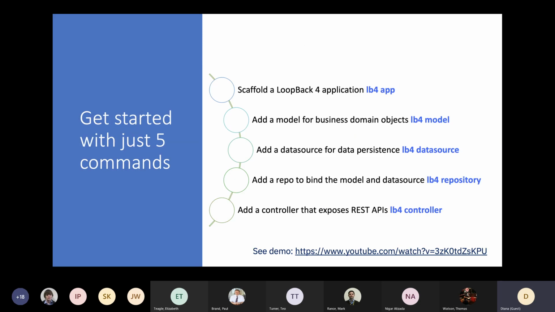If you want to get started today, I would suggest you go to this demo that walks you through step by step. With 5 commands, you'll be able to have a very simple application up and running. Basically, you scaffold the application, which provides all the project structure. Then you create your model, which is your business domain objects, which usually maps to your database, and then you create the data source, which is the connection to the database